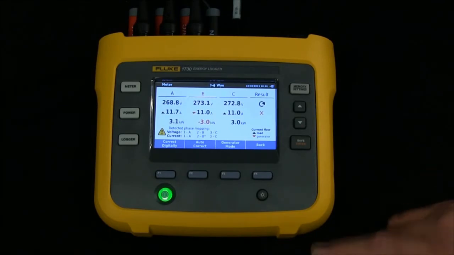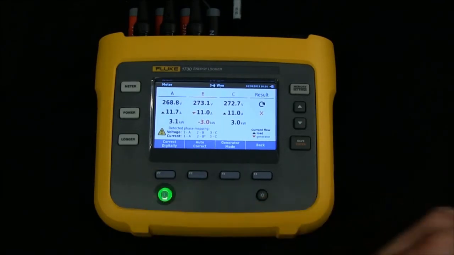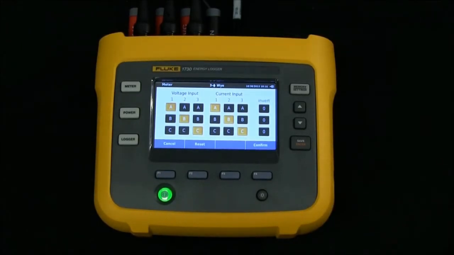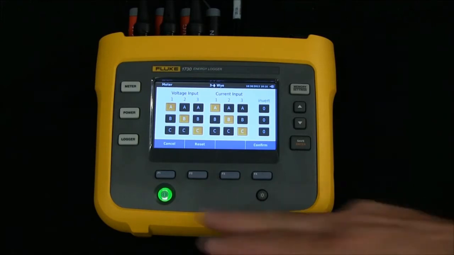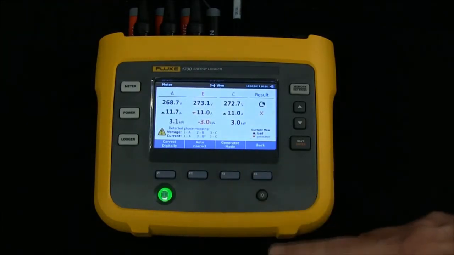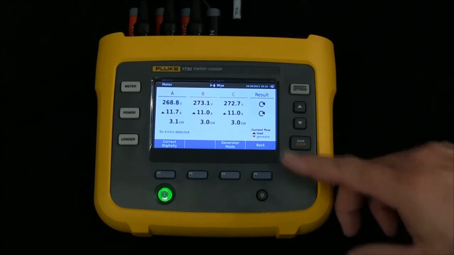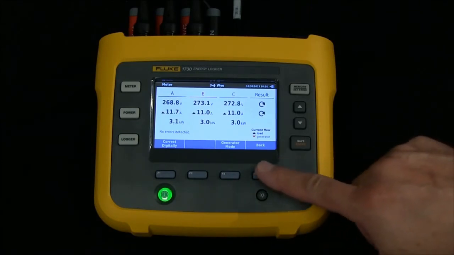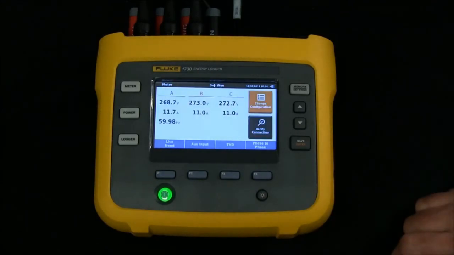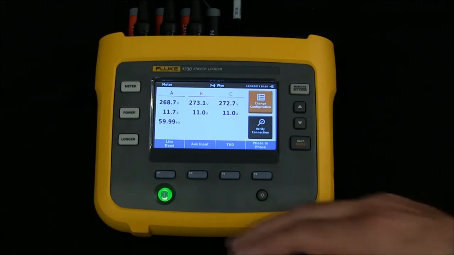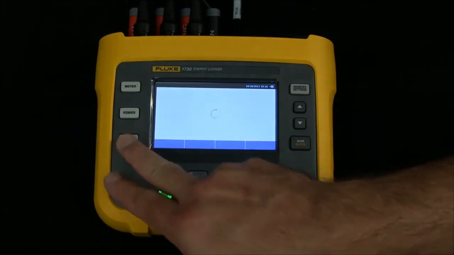I have two choices. I can go into Correct digitally, and I can manually make changes to the mapping, but if I don't really know what changes I need to make, I can go back and just hit Autocorrect, and the unit will go in and make the changes for me, and then I'm ready to continue. So once it says no errors detected, I hit the back button, and then from here I'm going to actually start the recorder. So I'll go into Logger,